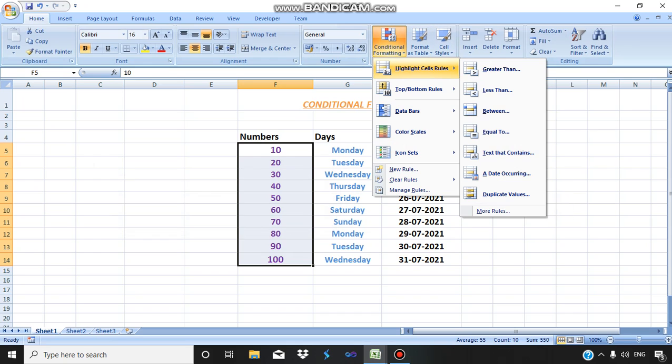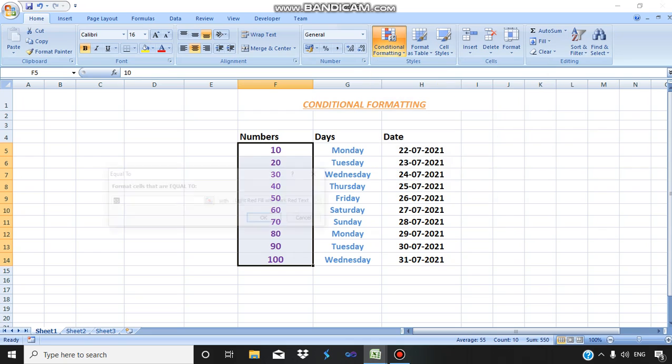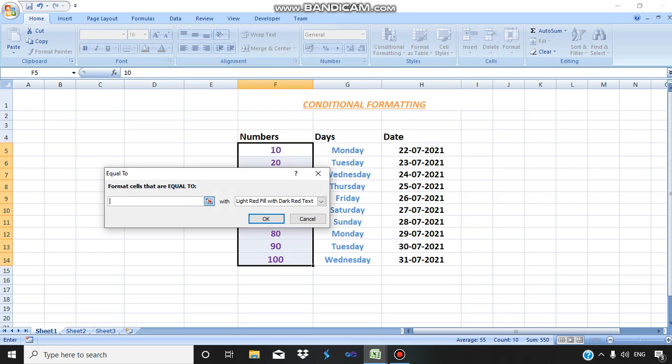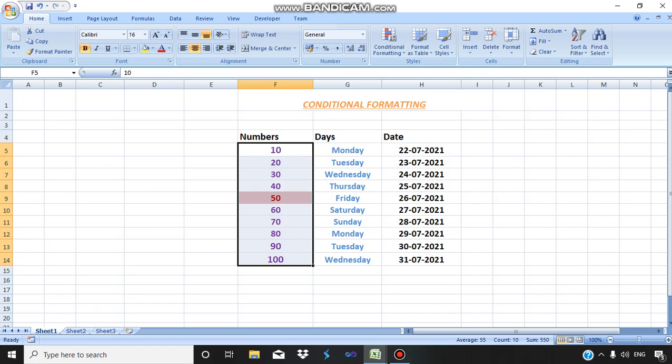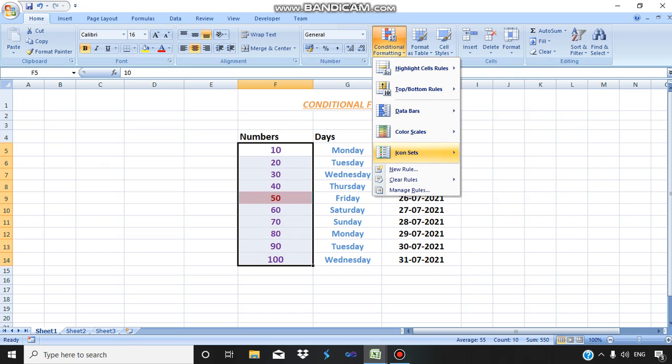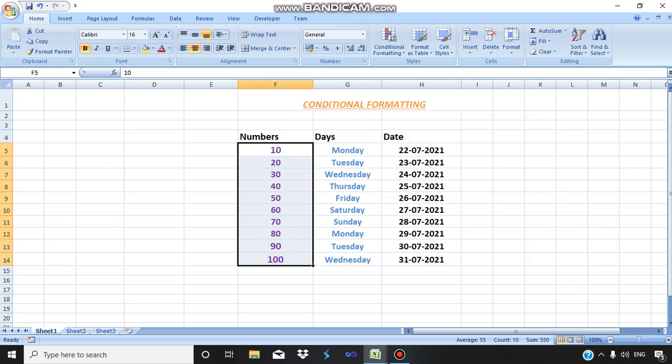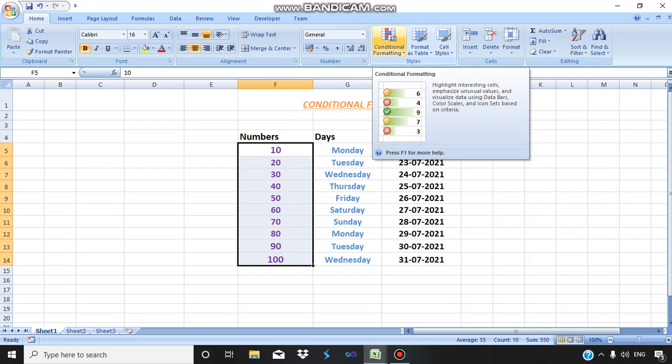Similarly, it works the same way for equal to. If you want to highlight any cell according to a value equal to some value, you just write it. Suppose I want to highlight just the cell which has value 50, so I will put 50 here, and only this cell will be highlighted. Let's clear it, and now let's come to